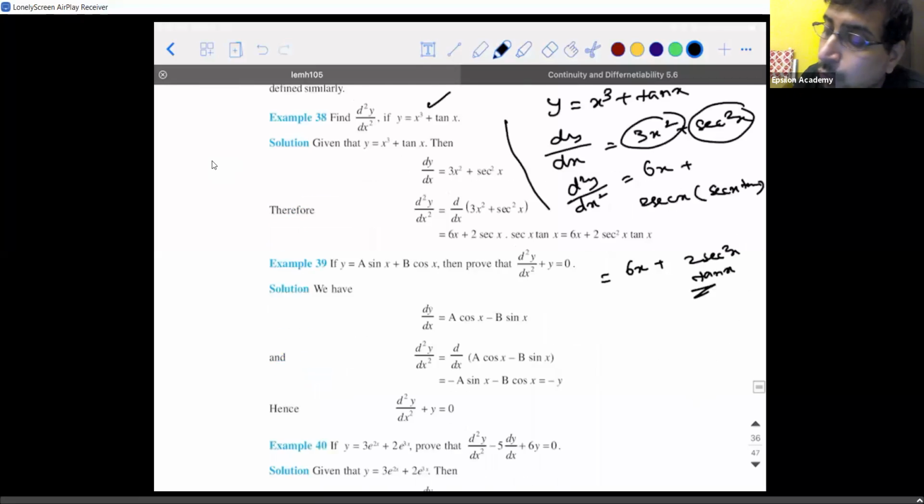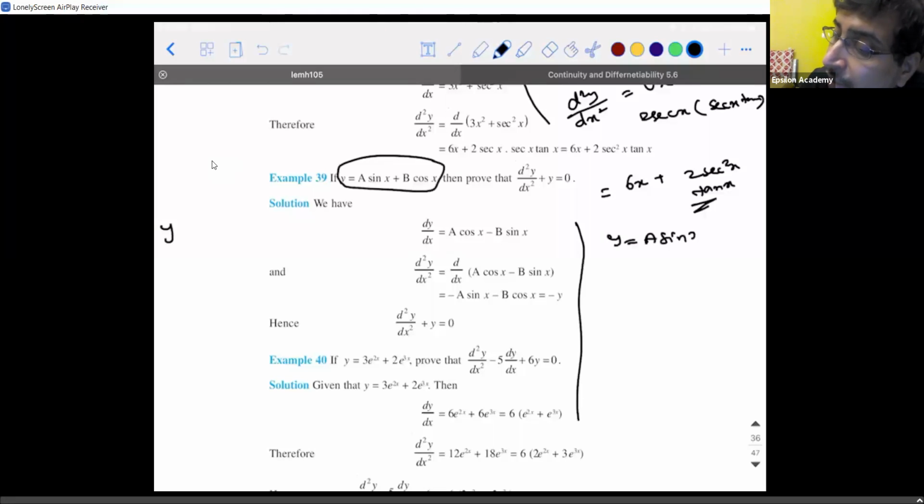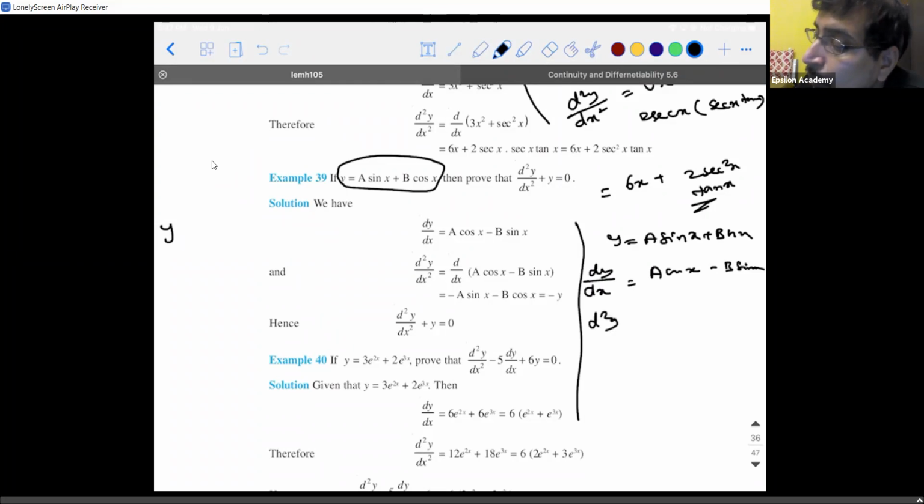Similarly, if y is equal to a sin x plus b cos x, then prove that d square y by dx square plus y is equal to 0. So y is equal to a sin x plus b cos x. What is dy by dx, guys? Is it not a cos x minus b sin x? Then d square y by dx square is nothing but the derivative of this, that is